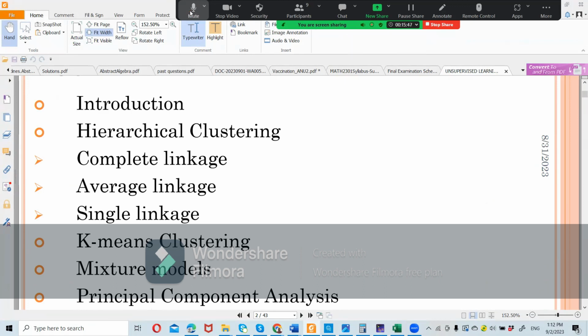Can you see my screen? Yes, I can. Okay, so